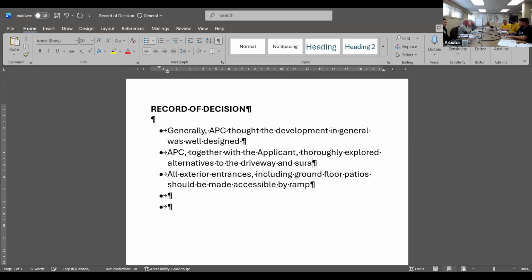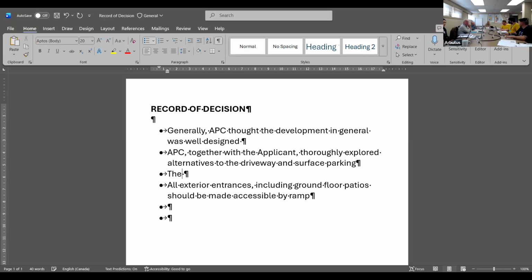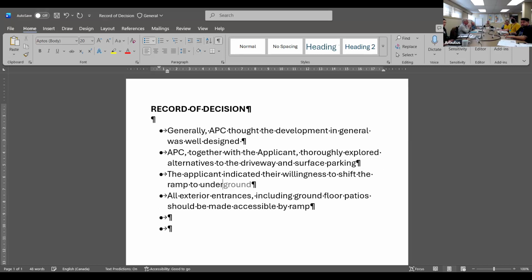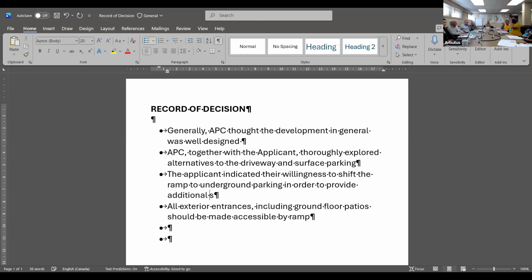And that the applicant indicated their willingness to shift the access to the underground parking to provide additional space for the adjacent cherry trees, correct? Shift the ramp to the underground parking in order to provide additional space for the cherry trees on the adjacent property.